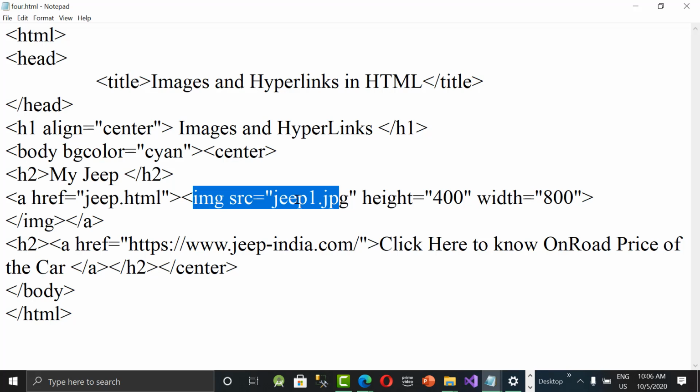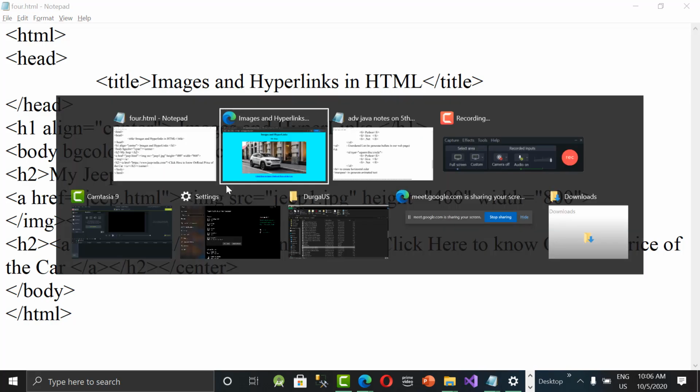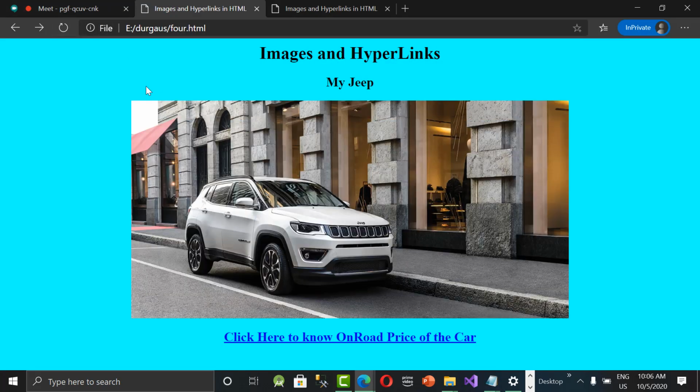Okay, let us check it out. Reload it. Now you see we have a hand symbol on this, meaning this image also has a hyperlink. If you click on this below link, click here to know on-road price, it will navigate to the Jeep India website.